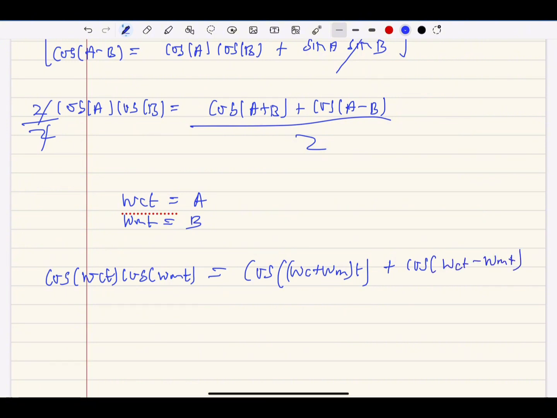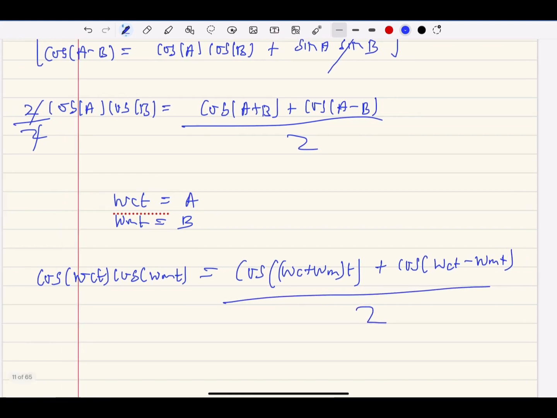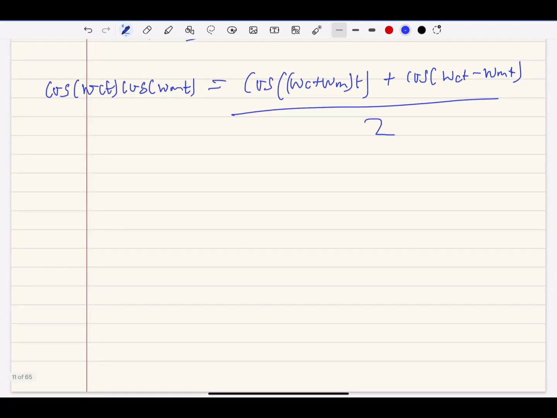You can factorize the t out, and don't forget that they are all over 2. So when we get something like this,